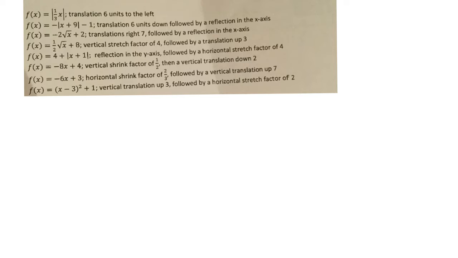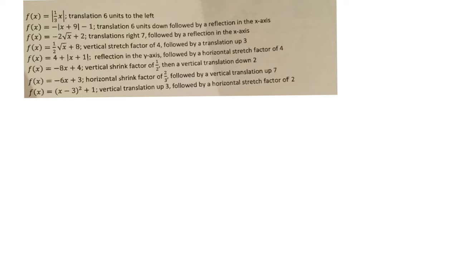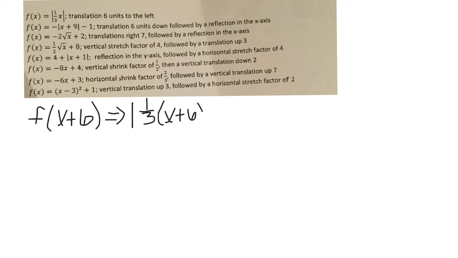So the first problem says f of x is the absolute value of 1/3 x. We want to write a function that is a translation 6 units to the left. So for number 1, a translation 6 units to the left is f of x plus 6, which means I'm going to replace the x with x plus 6 in parentheses. So I'm taking that, and I have the absolute value of 1/3 times the translation x plus 6